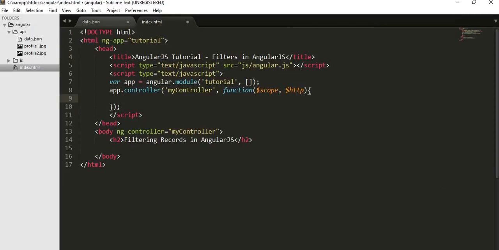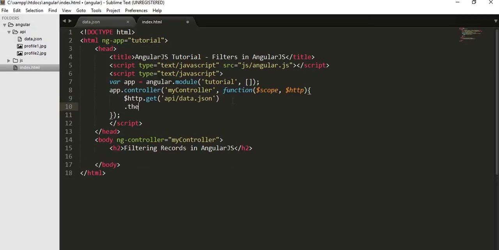For that we need to use the HTTP object, which allows us to make a request to a server to get resources. So now $http.get, and we need to enter the path of our API slash data.json, then .then,